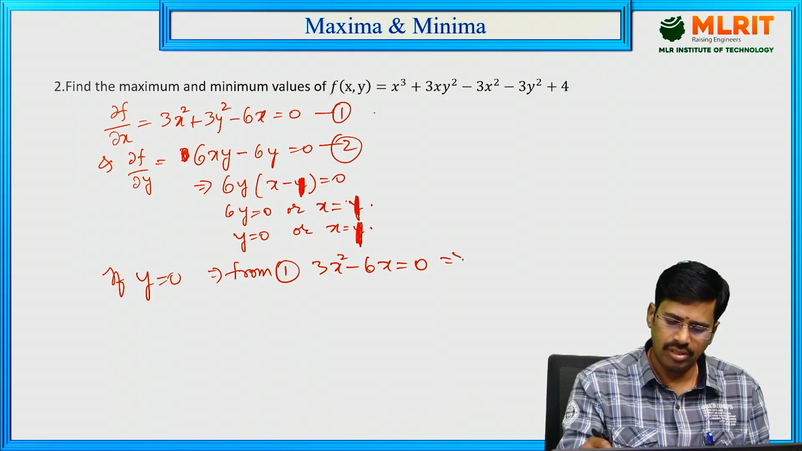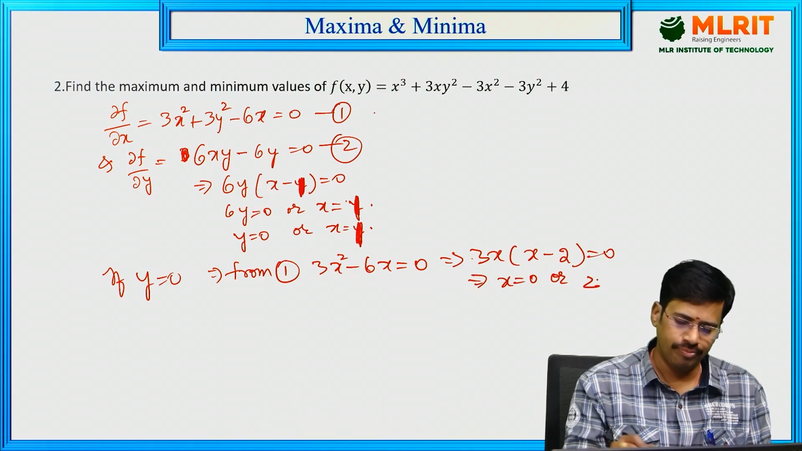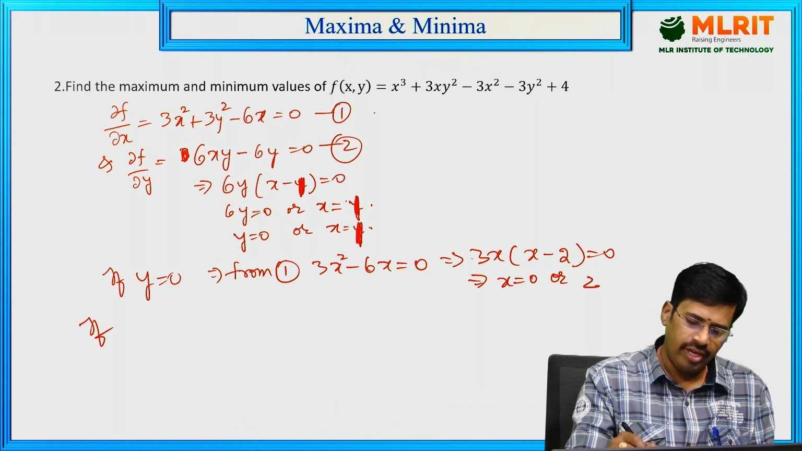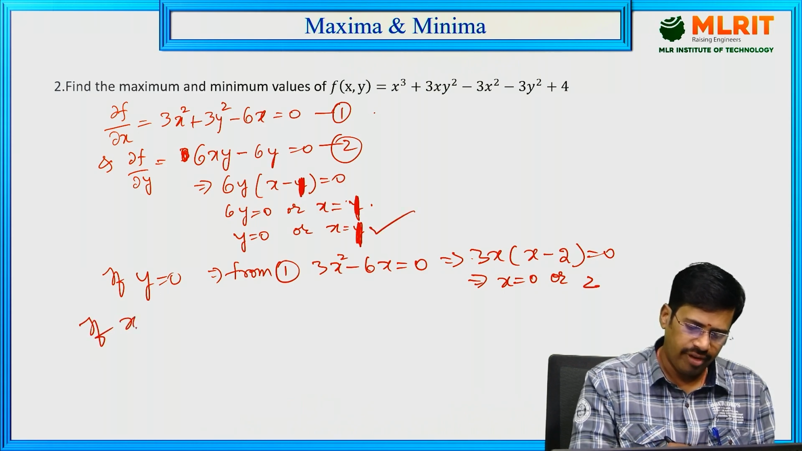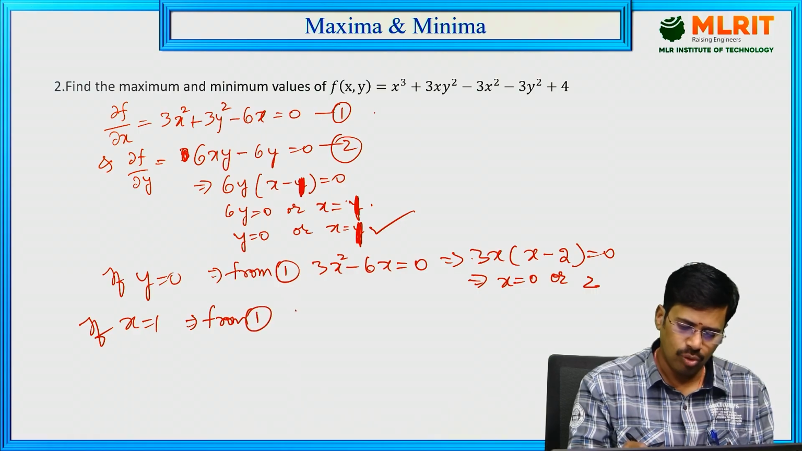So from this, if I take 3x common, x minus 2 equal to 0, that implies either x equal to 0 or 2. We get x equal to 1. If x is equal to 1, substitute x equal to 1 in equation 1. So we get